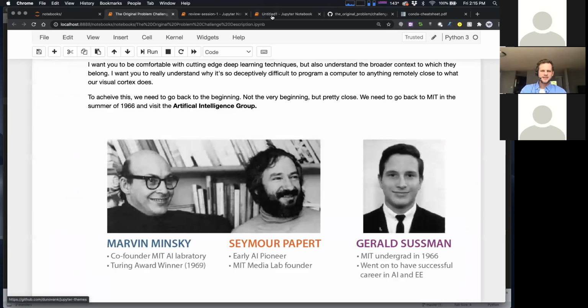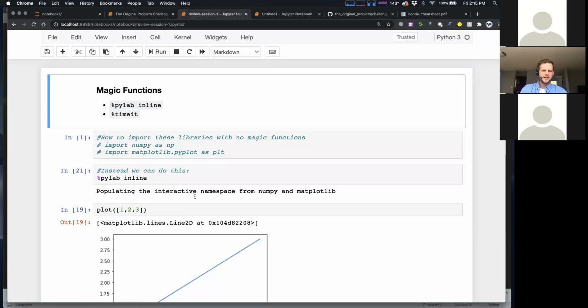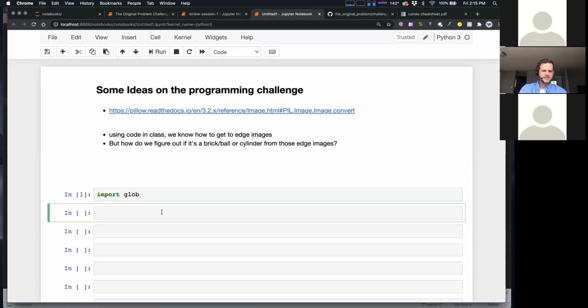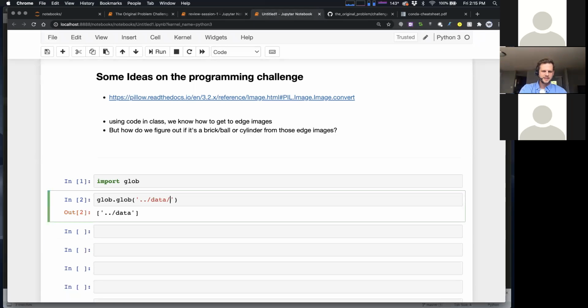Let me go back to this page. Okay, so let's see here. My data, I believe, is stored... let me see if I can get an image real quick. And this can just be a walkthrough of importing data into Jupyter and all that good stuff. I'm going to import this thing called glob again, which is a way to list the contents of a directory. So let me do glob.glob of /data. I think this is where my data is.